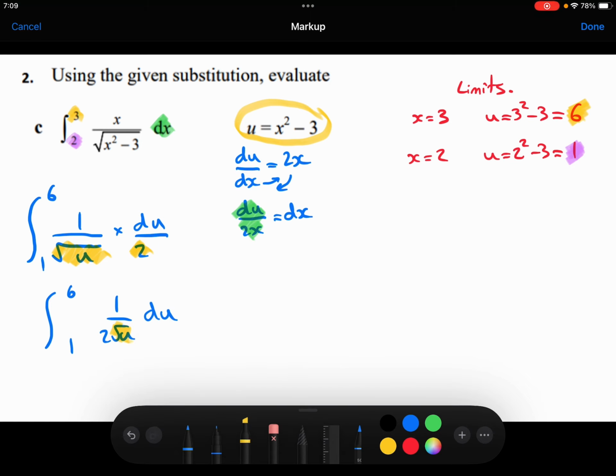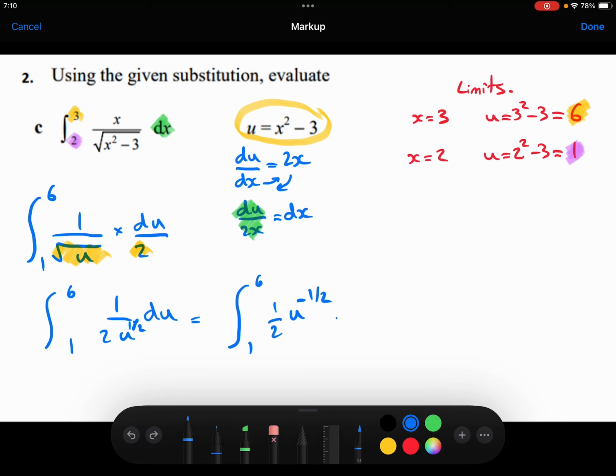This root u, I'm going to rewrite that as u to the power of a half, so that I can then move it to the numerator to be a half u to the power minus 1 half. This half is this, and I've just brought this up to be on the top to be a u to the power minus 1 half,